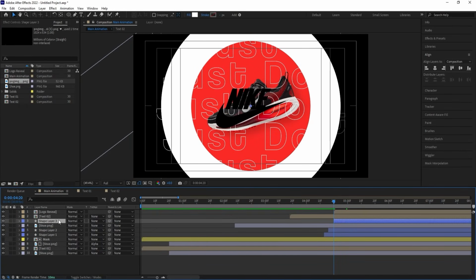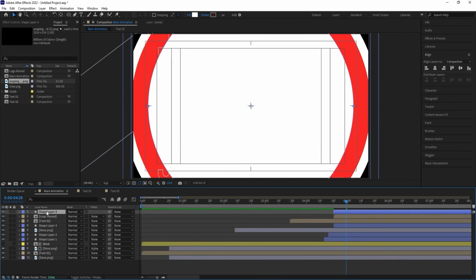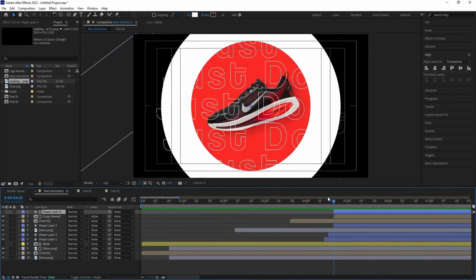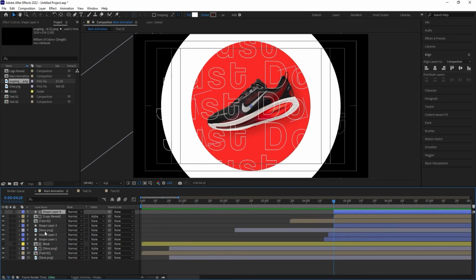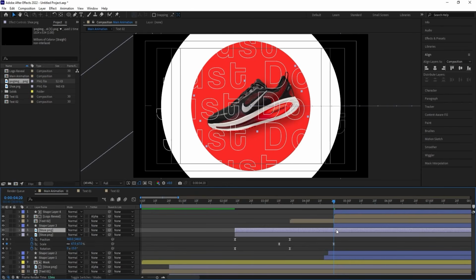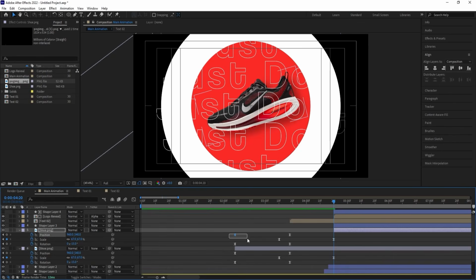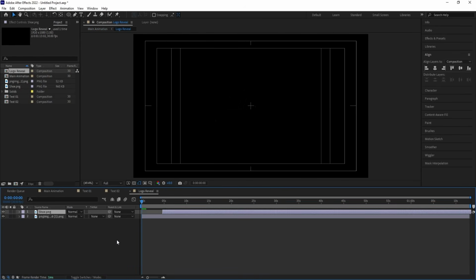Then select this shape layer, which is this one, this white one. Hit Ctrl D and let's try to bring this at the top and choose alpha mask. Okay, so we are gonna get something like this. Then what I'm gonna do, I'm going to select this shoe over here, hit U and make sure that you are at this point. Hit Ctrl D to duplicate it, hold Alt, open square bracket to trim up to this, hit U, and we are going to delete all of those keyframes. I'm going to select this, hit Ctrl X, go inside this logo reveal, hit Ctrl V to paste it,